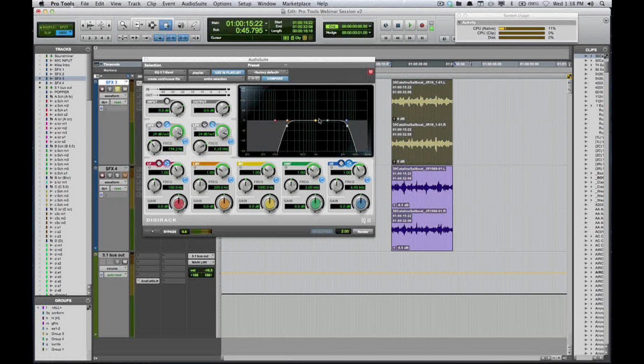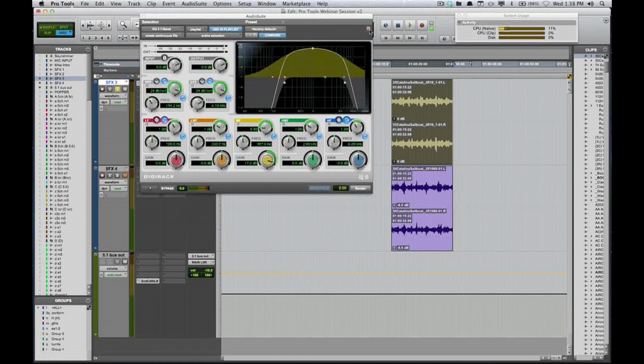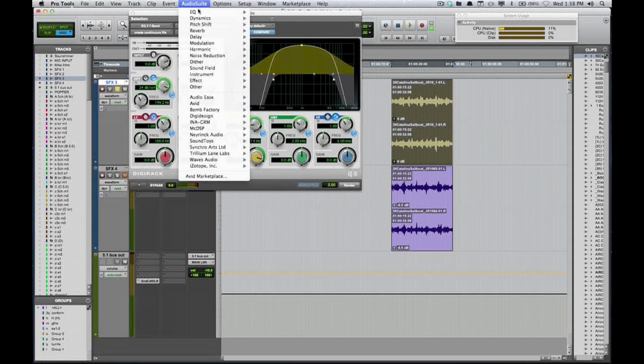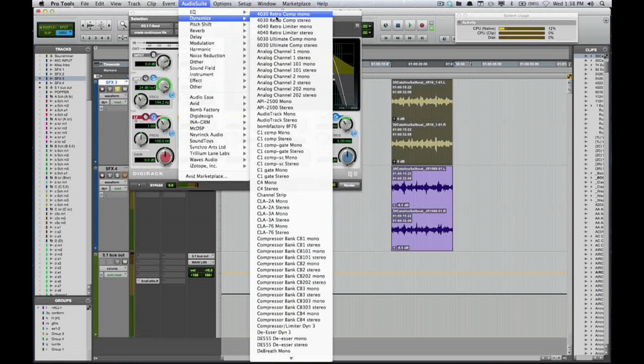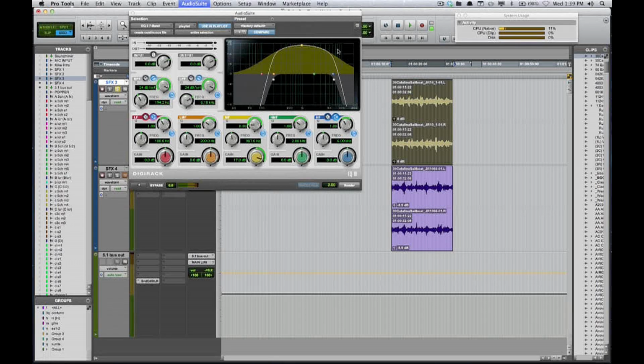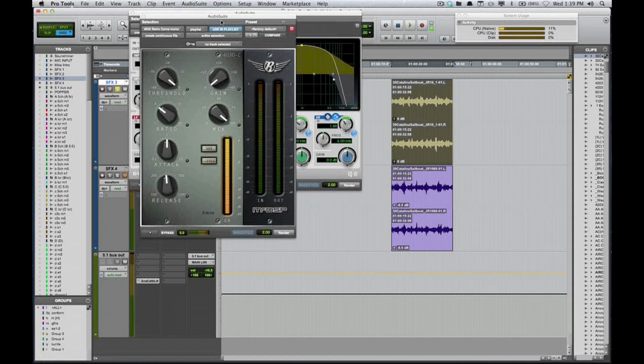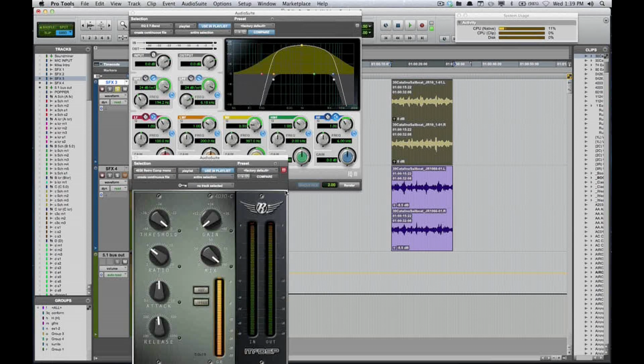Bring that in, and then grab that bad boy, and let's blow it up a little bit. Obviously processed, right? A couple of cool things of AudioSuite now. Multiple windows of AudioSuite. Make sure you select, turn this guy off right here, just like you would your normal plugins if you want multiple plugins open in a single window. Let's put some dynamics on there. Let's put a 4030 retro comp mono. There we go. We can have multiple AudioSuite.